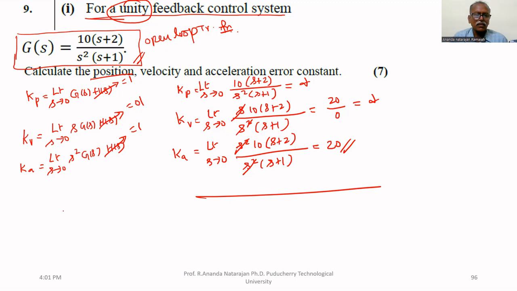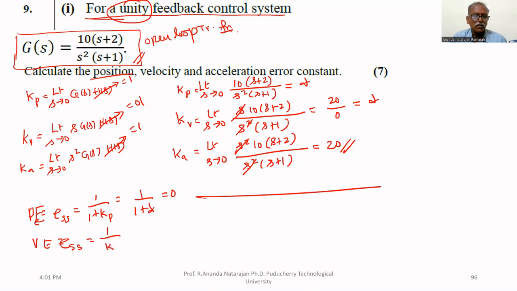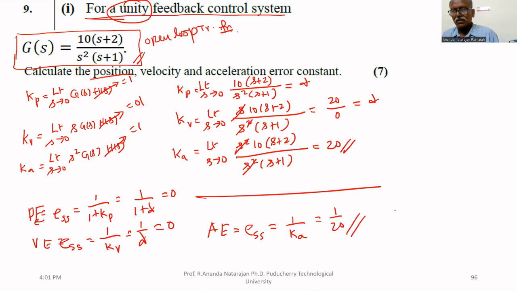They ask the error, then E steady state for position error equal to 1 by (1 plus Kp), that is 1 by (1 plus infinity) equal to 0. Velocity error, E steady state equal to 1 by Kv, that is equal to 1 by infinity, that is also equal to 0. Acceleration error, E steady state equal to 1 by Ka, that is equal to 1 by 20. They didn't ask the error,